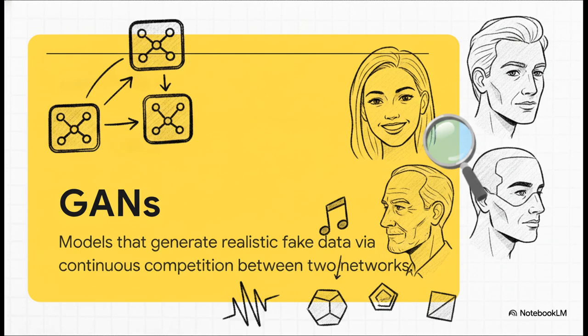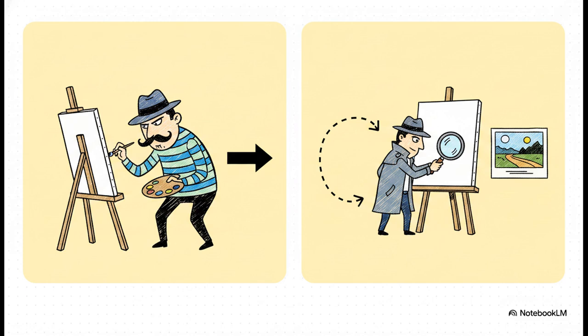But they aren't real. The way this works is actually pretty brilliant. It's a classic forger and detective dynamic. You've got 2 neural networks locked in this constant, high-stakes competition. The generator is the forger. It starts with complete random noise and tries to craft realistic fake data. The discriminator is the detective. It looks at the real data and the generator's fakes and tries to spot the difference.